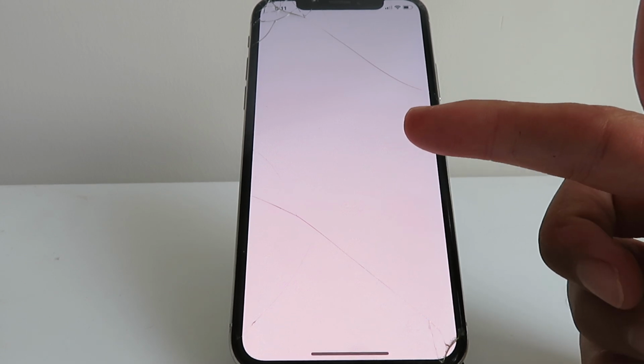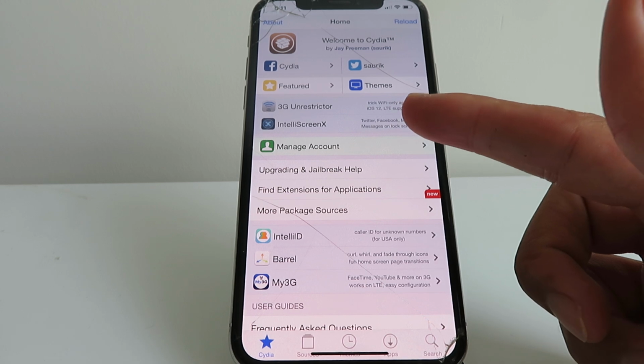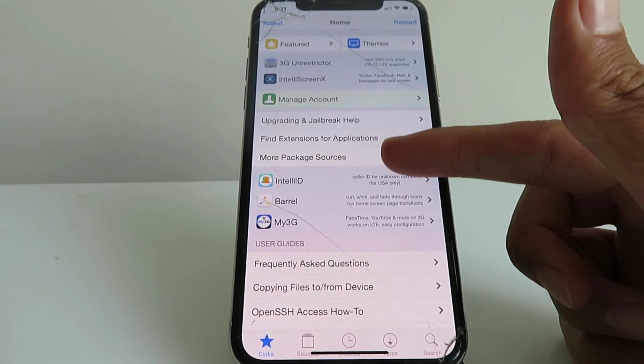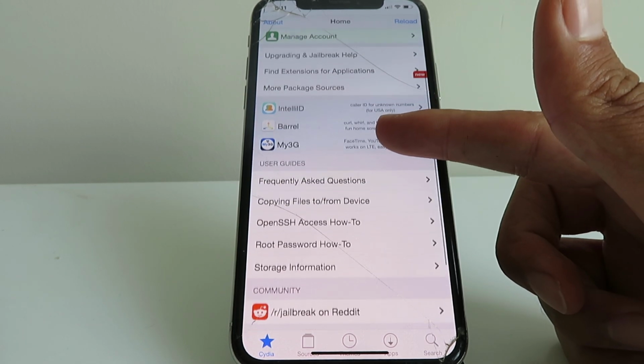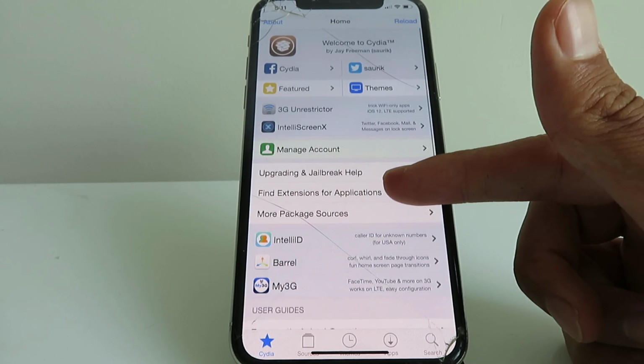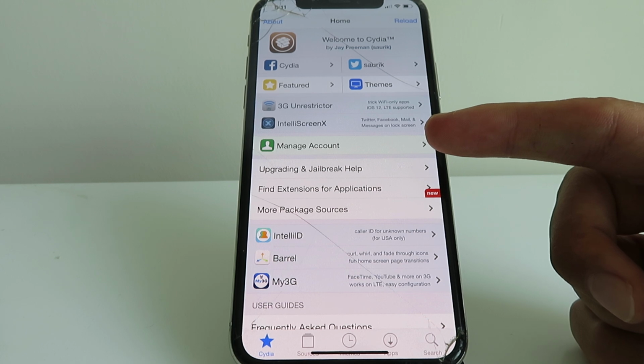I know a lot of you guys are freaking out because you accidentally updated your device to iOS 13.5.1, but don't worry guys, I did too, and I've already found a working jailbreak with no computer. It's untethered. As you can see, I do have Cydia on my device with all the features. I am on iOS 13.5.1. This is the only way that I know of currently to jailbreak your iOS 13.5.1 device